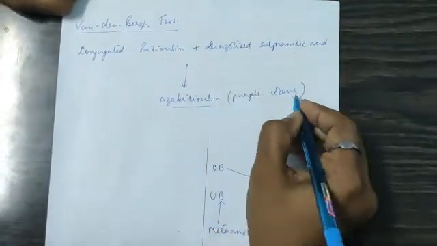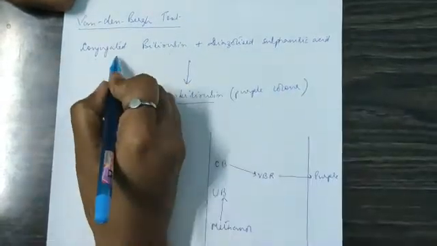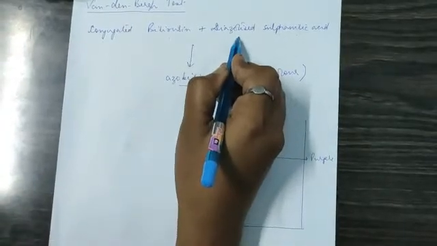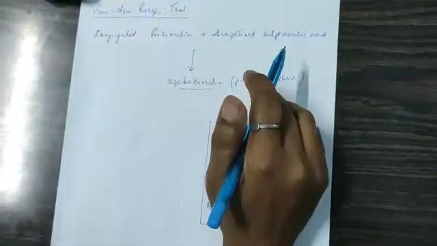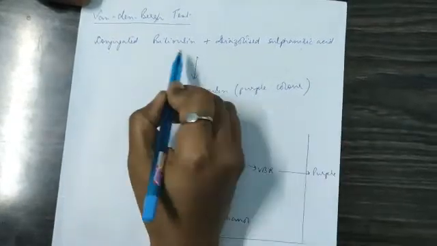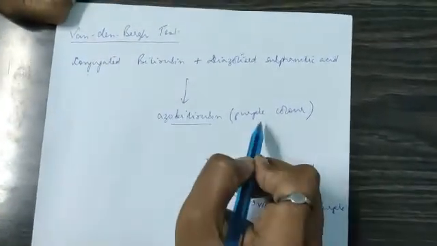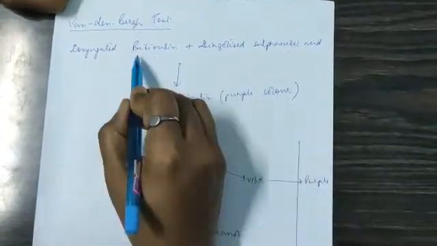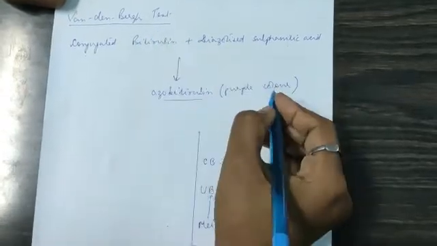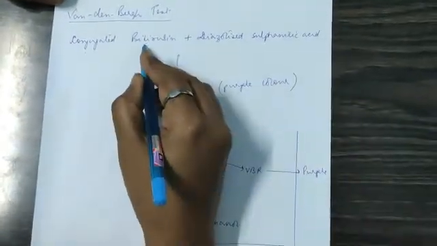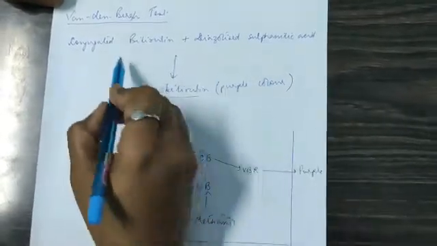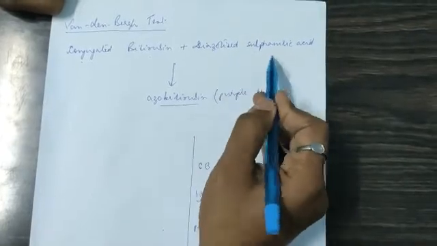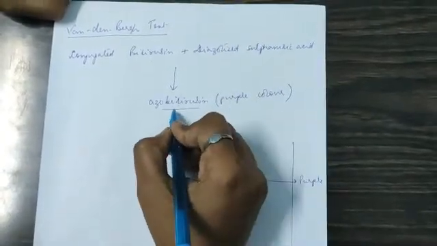And this color is directly proportional to the concentration of bilirubin, because we see that this purple color is formed only when bilirubin reacts with diazotyl sulfanilic acid. So if bilirubin is not there, color is also not there. So the color is produced due to the presence of bilirubin, and the more the color, the concentration of bilirubin is also more. If the color is a bit light, then the concentration of bilirubin is also less. So coming to the principle again, conjugated bilirubin combines with diazotyl sulfanilic acid or Vandenberg's reagent to give us a purple colored compound which is known as azobilirubin.